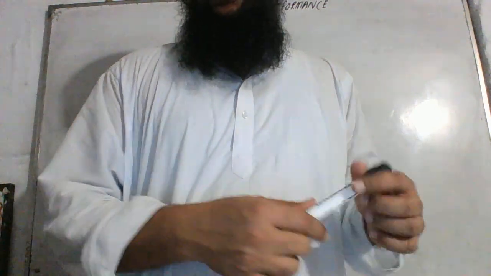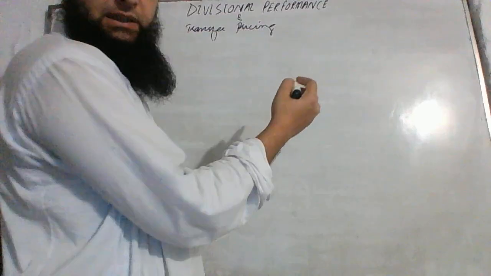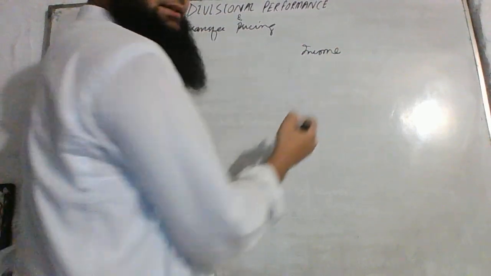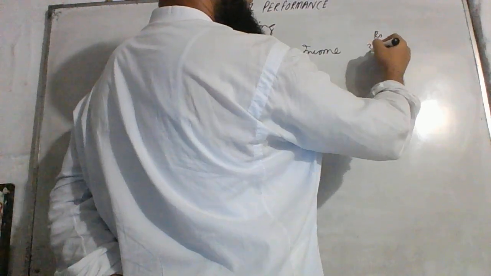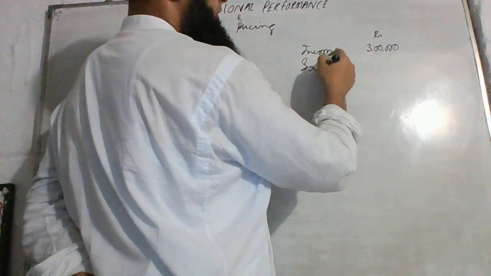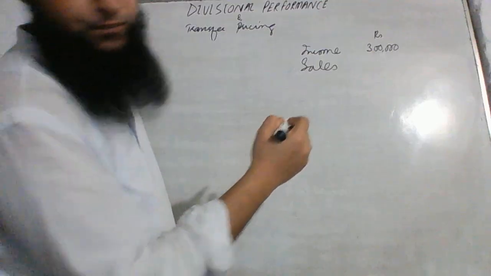For example, in an organization, the amount of income is 300,000 rupees. Well, the sales revenue is amounted to rupees 2 million,